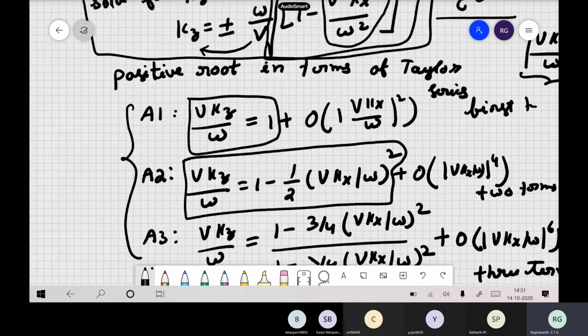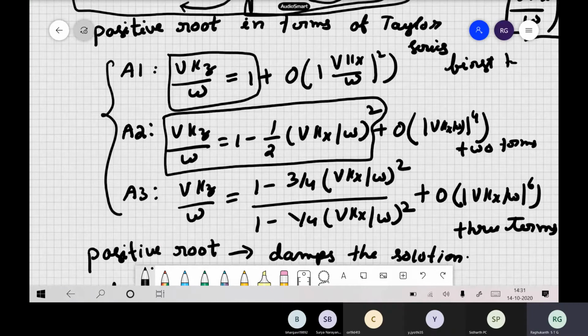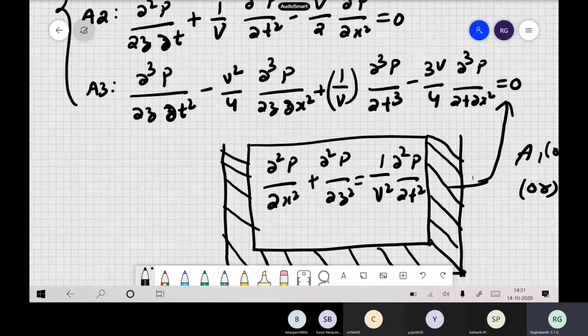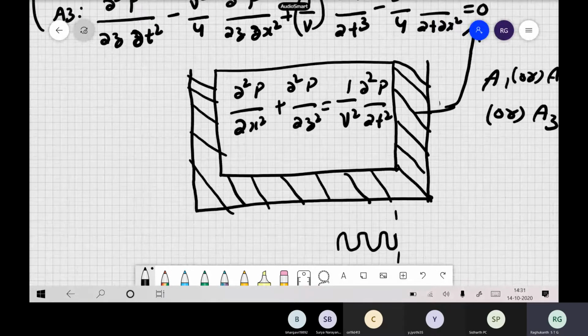But now in this domain, that is in our PML, the absorbing boundary condition region, a paraxial region, what is the dispersion equation here? Among the two roots of the original equation, we have taken only one root, which damps the solution itself, because of the imaginary or positive root or whatever it is. So that damps the solution.